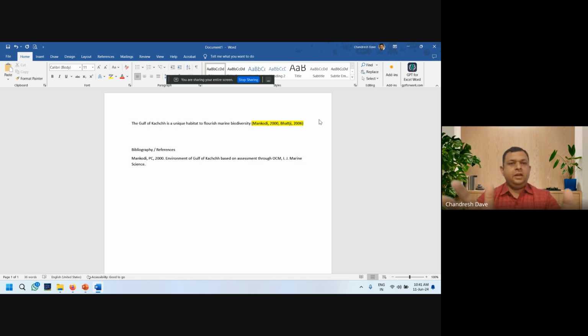This is some imaginary reference I have made right now. This is not a true reference. So this is called the full reference or full bibliographic information for the corresponding citation used in between the text. So this is the preliminary difference between a citation and the bibliography or the reference.